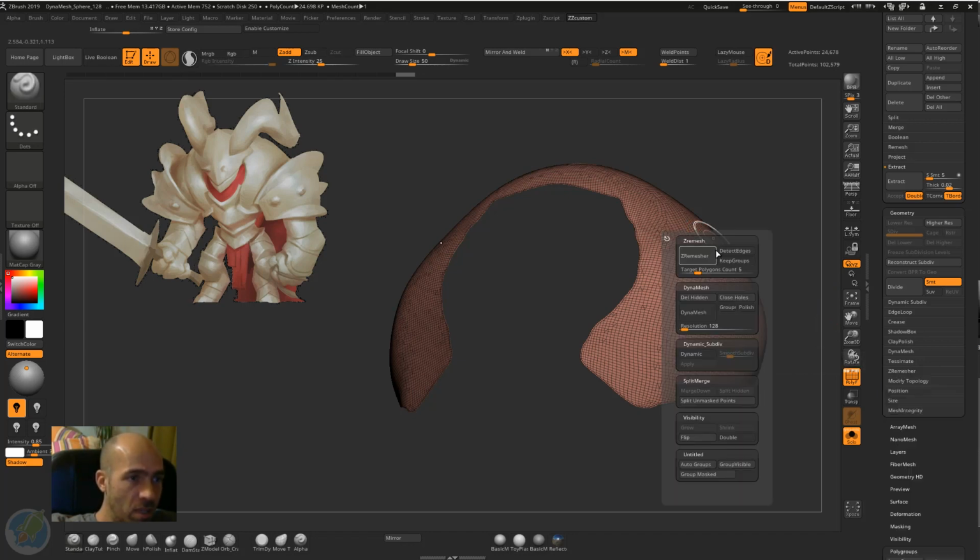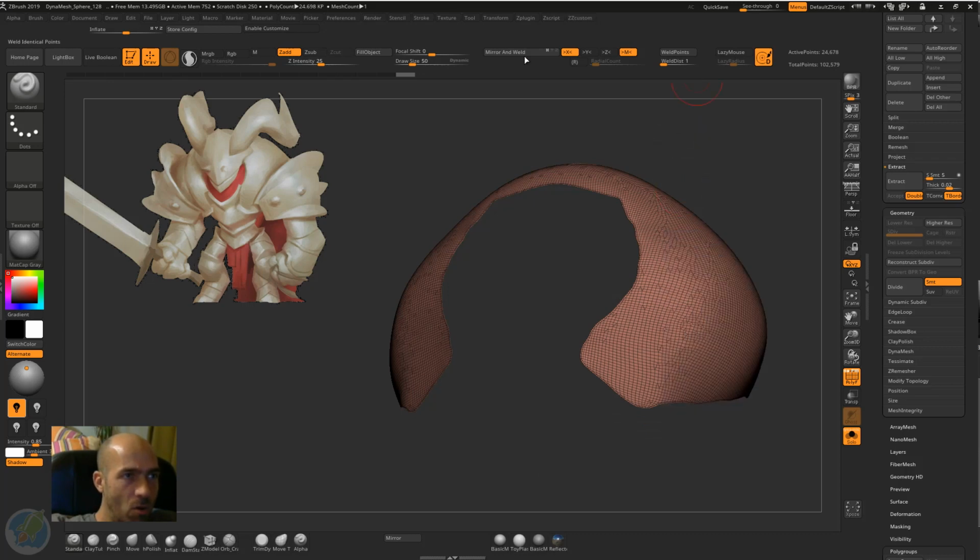So I have it here, ZRemesher, Target Polygon Count, sometimes Keep Groups and Detect Edges, but not quite much. So I have them here, I rarely use them. So ZRemesher is here. You notice that we don't use everything in ZBrush in every menu. We're using just a few things from here, a few from there, and most of them I have just here in this menu, or here,